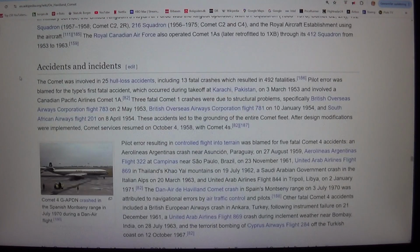The Comet was involved in 25 hull loss accidents, including 13 fatal crashes which resulted in 492 fatalities. Pilot error was blamed for the type's first fatal accident, which occurred during takeoff at Karachi, Pakistan, on the 3rd of March 1953 and involved a Canadian Pacific Airlines Comet 1AM. 3 fatal Comet 1 crashes were due to structural problems, specifically British Overseas Airways Corporation Flight 783 on the 2nd